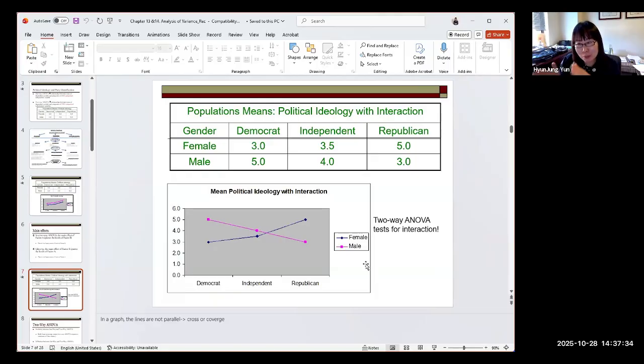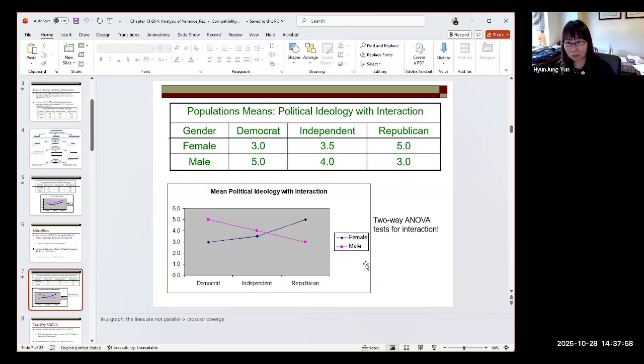When we trace back to American public opinion, what about a female Democrat versus a male Democrat? What about a male Independent versus a female Independent? When we look at those dynamics, whether you believe it or not,